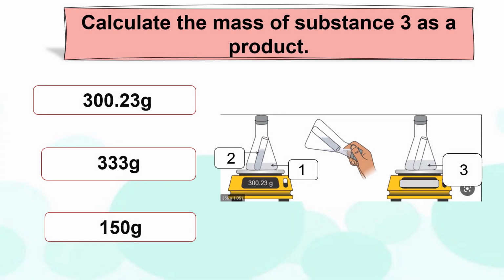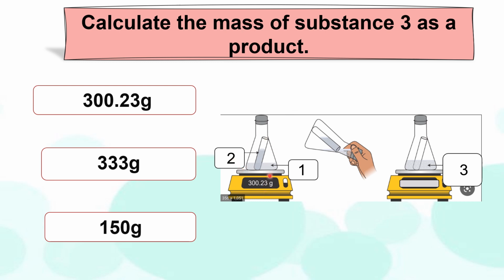Calculate the mass of the substance 3 as a product. 300.23 gram, 333 gram, 150 gram. As we see here, the product, but in the balance, 300.23 gram to reactant, this flask and this tube. So that 2 and 1 equal 300.23 before